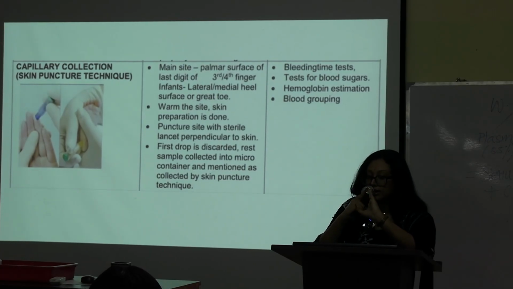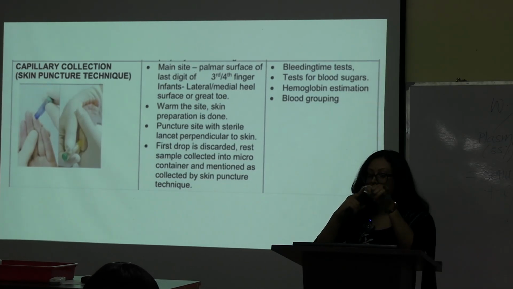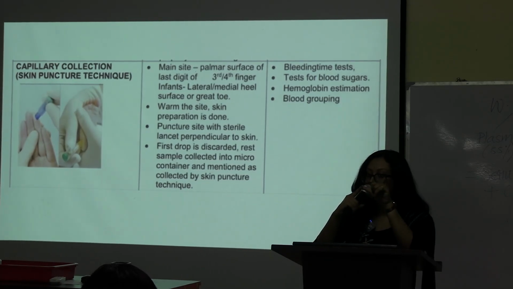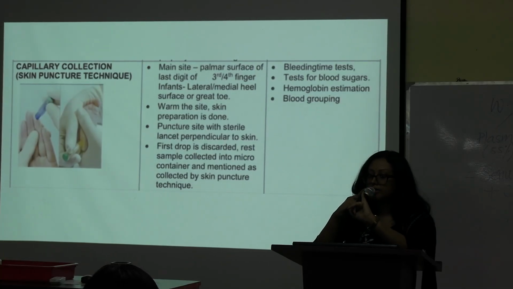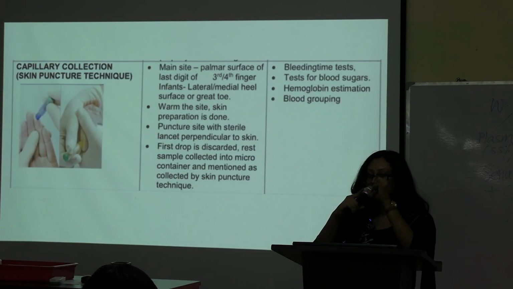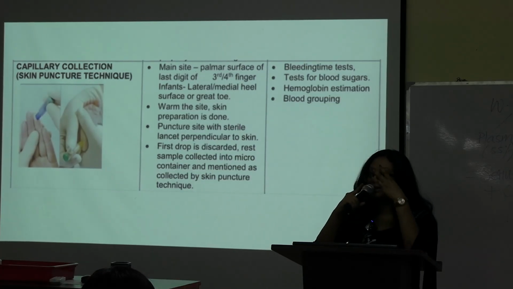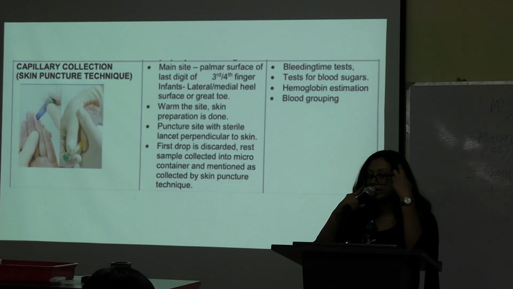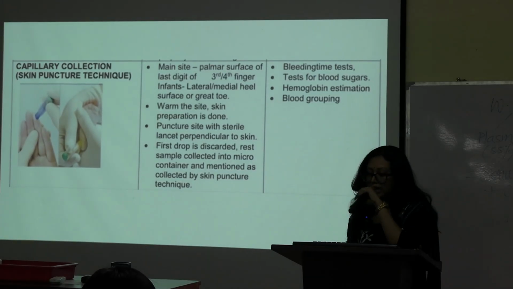But for this little finger, this is up to the tip. So, what we are getting? We are getting here, on the tip of the thumb, the radial bursa, and here the ulnar bursa. That's why if we prick here, the infection will spread to the palm and then to the forearm. So, that's why only these three fingers, that is the second, third and fourth finger, are used for capillary collection of